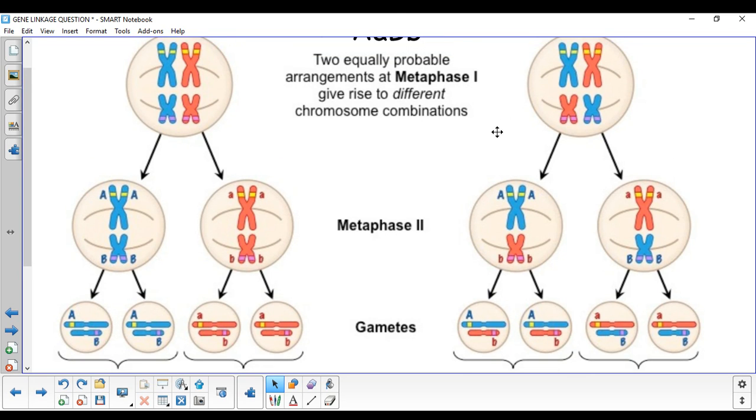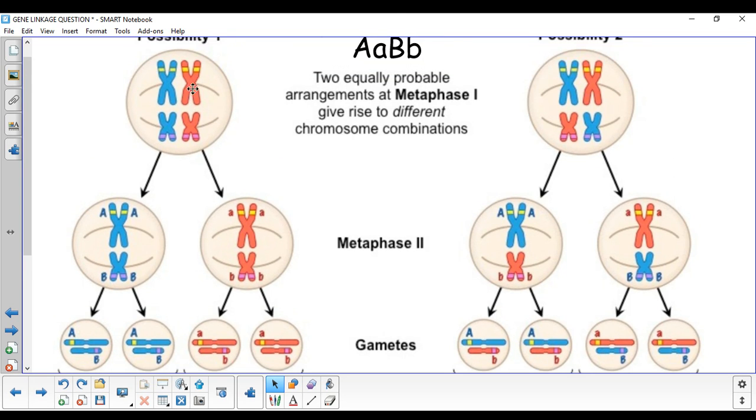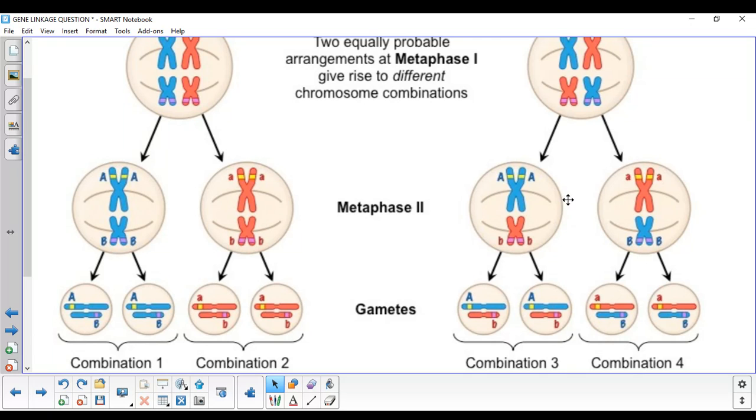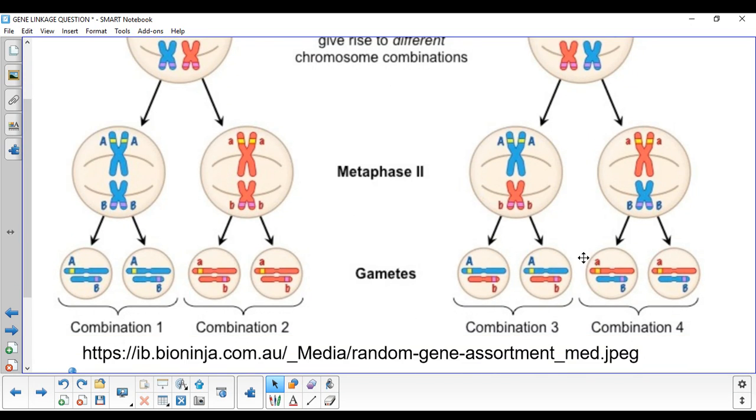But because of independent assortment in metaphase, this orientation in metaphase 1 is equally likely as this orientation. This orientation will give us recombination, one dominant and one recessive allele in the gametes,